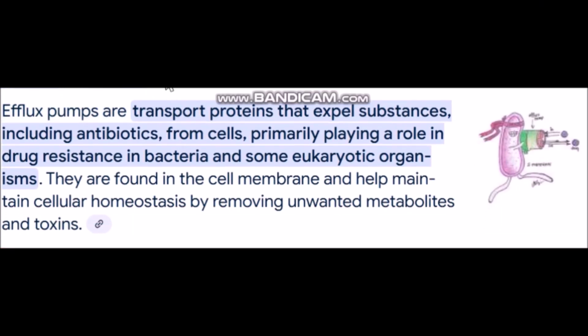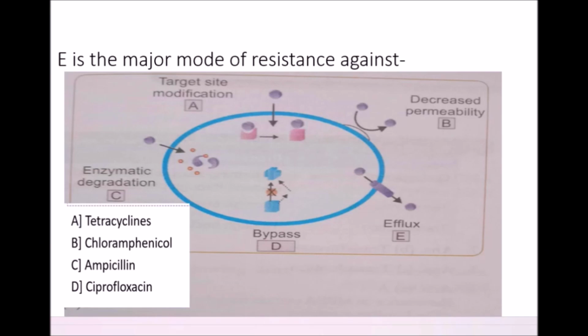Efflux pumps are transport proteins that expel substances, including antibiotics, from cells, primarily playing a role in drug resistance in bacteria and some eukaryotic organisms. They are found in the cell membrane and help maintain cellular homeostasis by removing unwanted metabolites and toxins. Hence, the answer in this case will be tetracyclines because of formation of efflux pumps which throw the antibiotic out